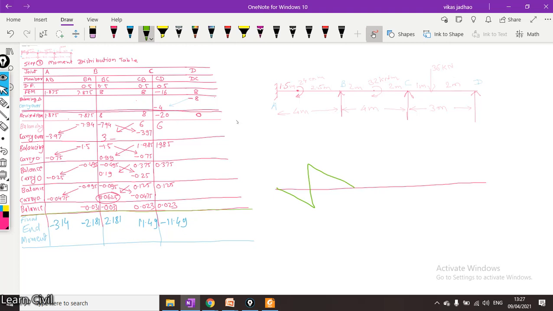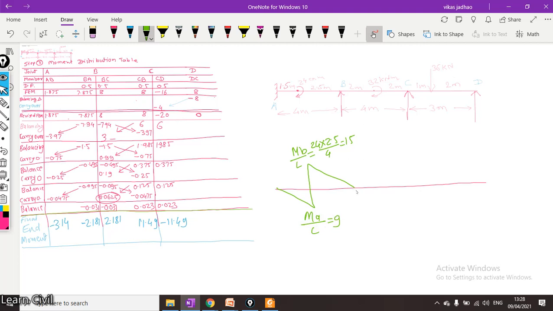This value will be MB divided by L, and this comes out to be MB is 24 divided by L is 4 meters. So this will be M into B divided by L. We have M is equal to 24 into B is 2.5 divided by 4. So this will be equal to 15. Similarly, this will be MA divided by L. This comes out to be 9. I'll directly write down the values now.